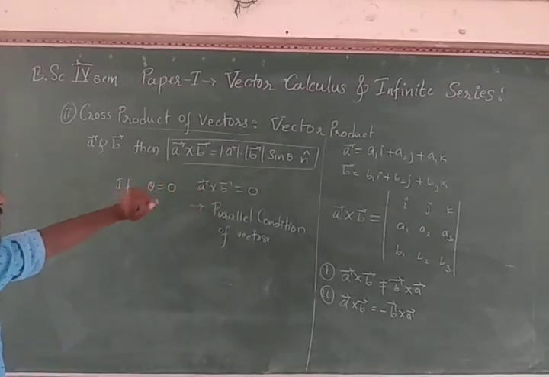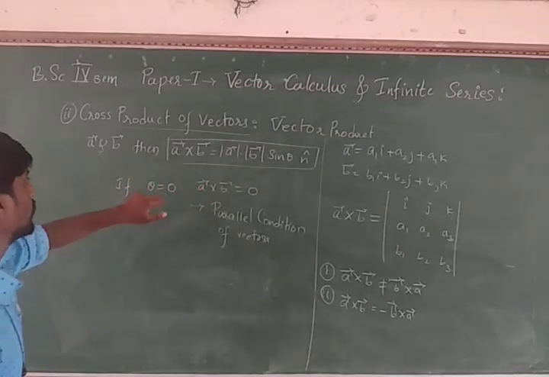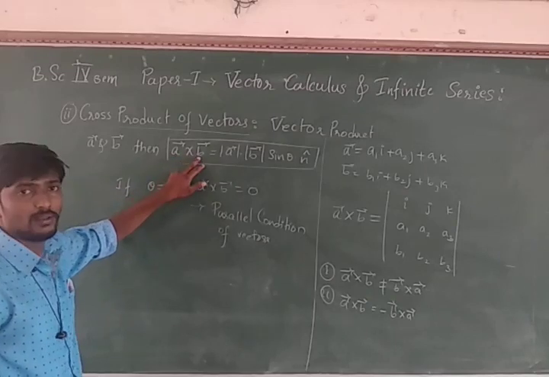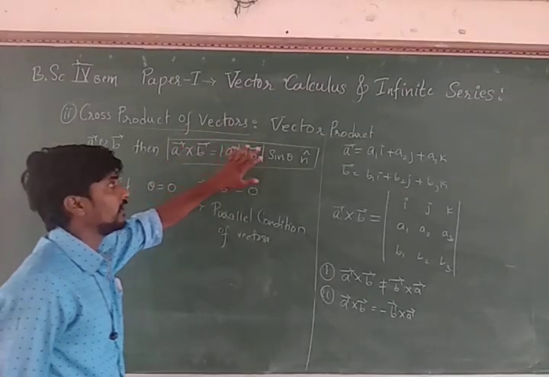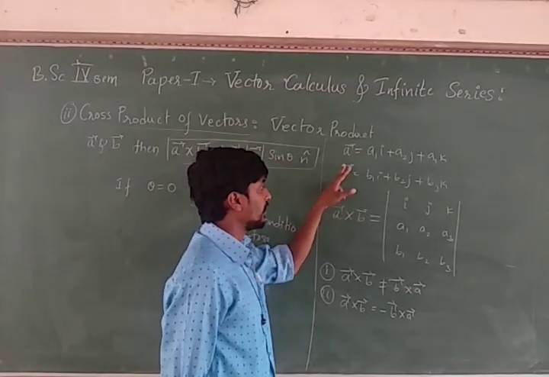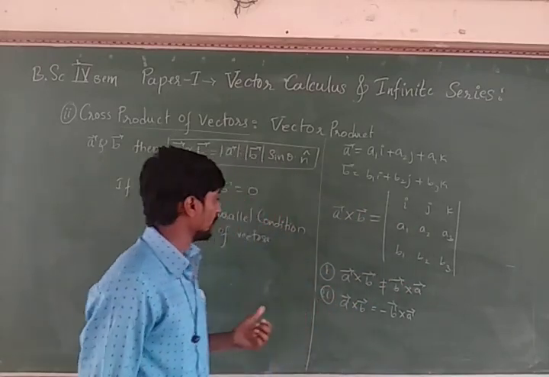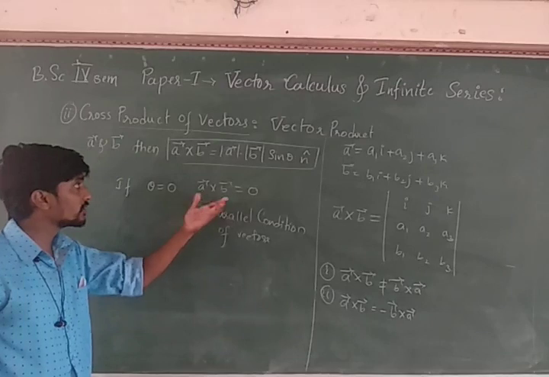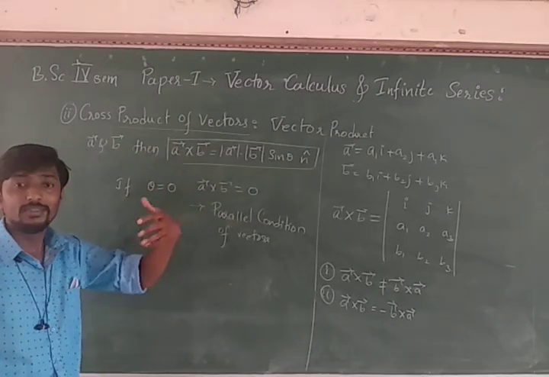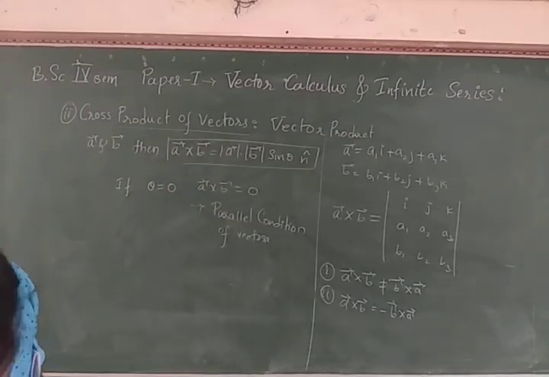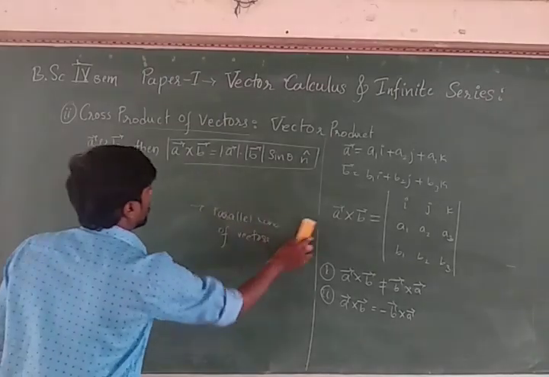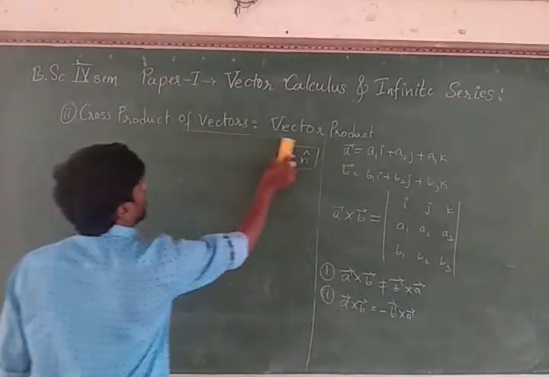Here, they may ask, suppose, find A cross B if the angle is given, otherwise find A and B, A cross B value, you can use this format here also. Yes, so let's solve an example on this cross product, then go for another property. So let us solve an example here.